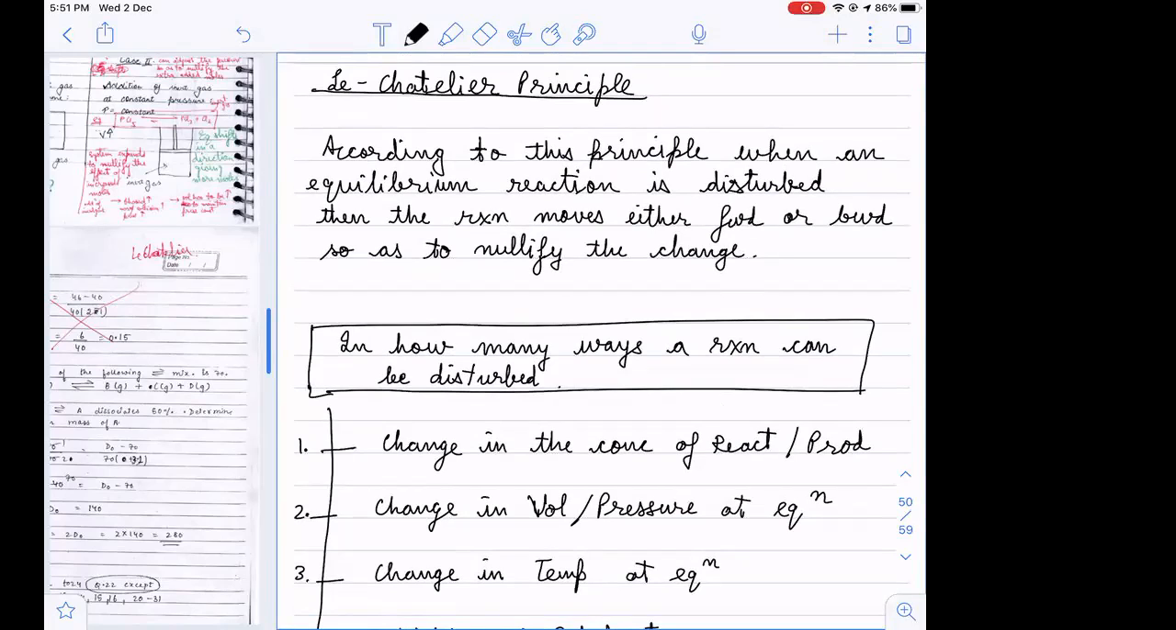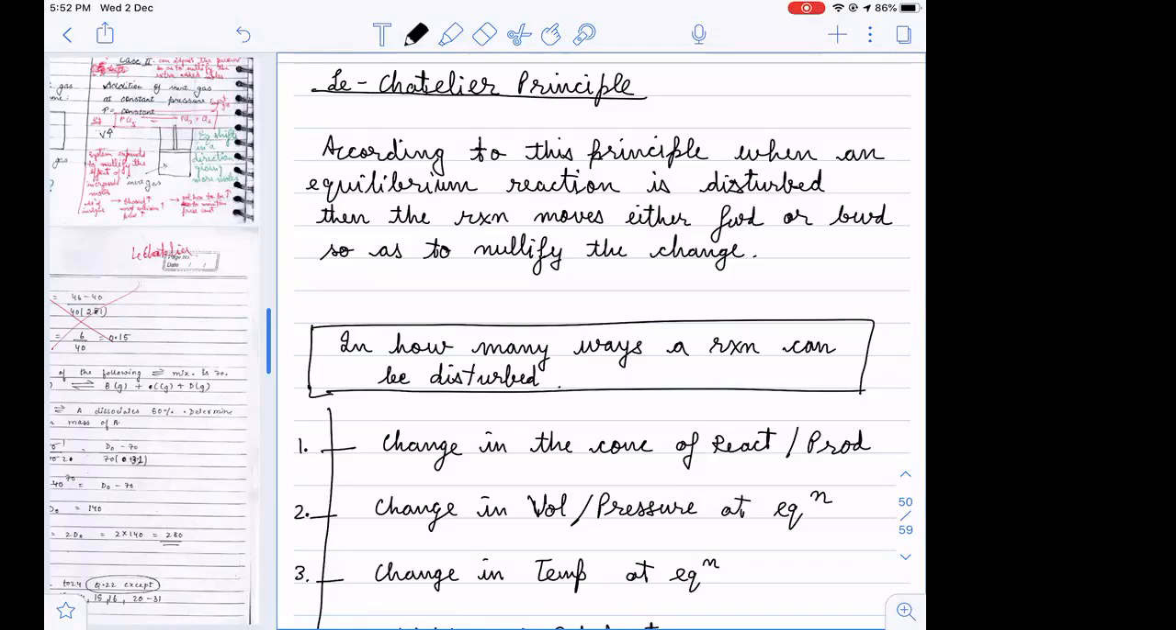Le Chatelier principle definition. According to this principle, when an equilibrium reaction is disturbed, then the reaction moves either forward or backward so as to nullify the change. Okay, that was it. Equilibrium reaction is disturbed, then the reaction moves either forward or backward so as to nullify the change. So this Le Chatelier principle says a very simple thing. He says that,